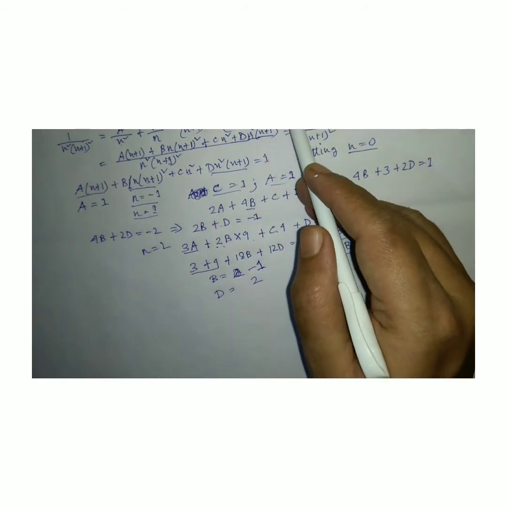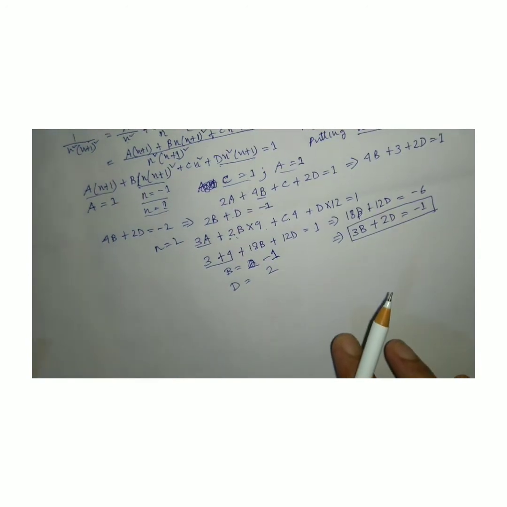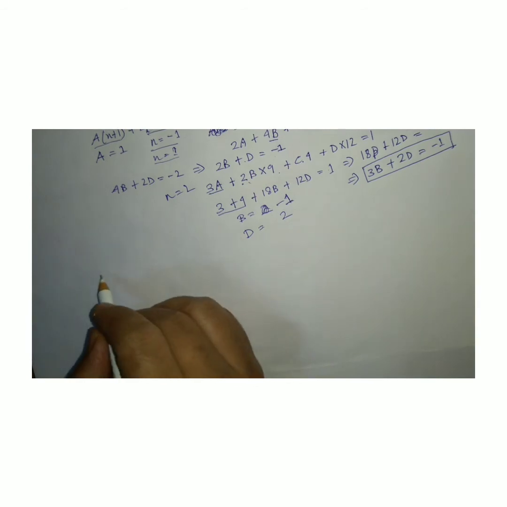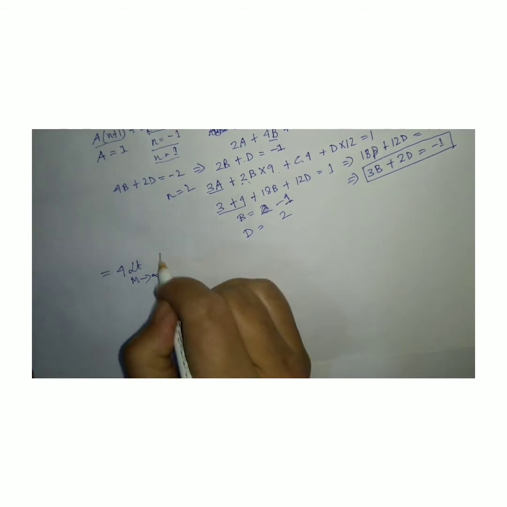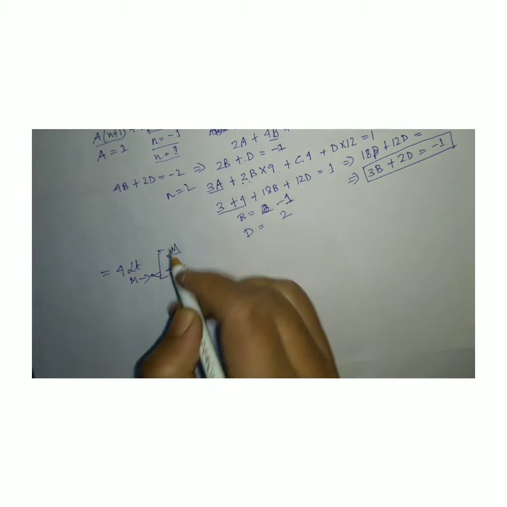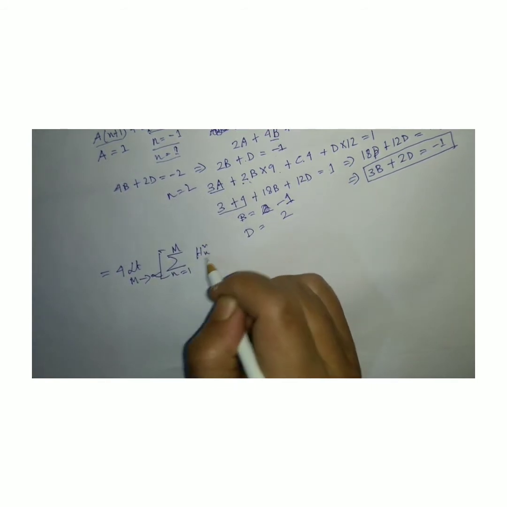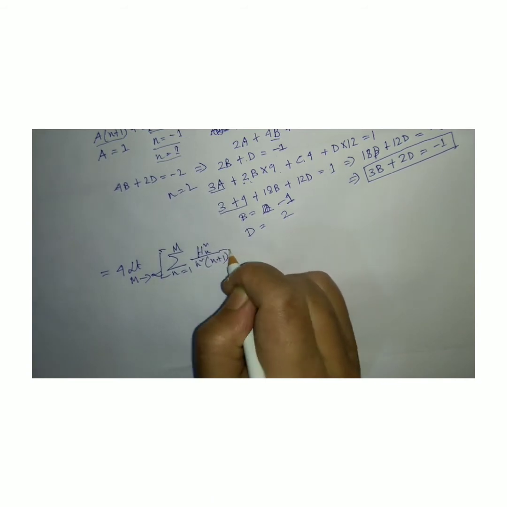n square into n plus 1 whole square. So thus I can write h square by n square this way. So my limit can be written as this way. Limit m tends to infinity, summation n equals to 1 to m, h square n divided by n square into n plus 1 whole square